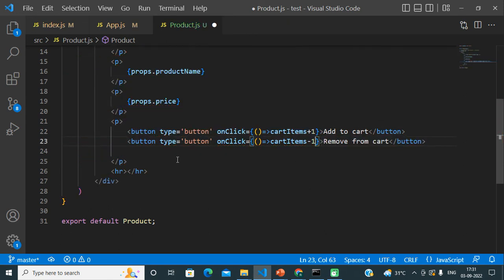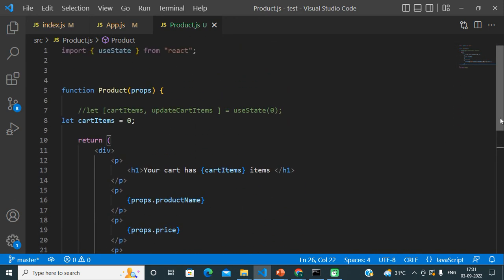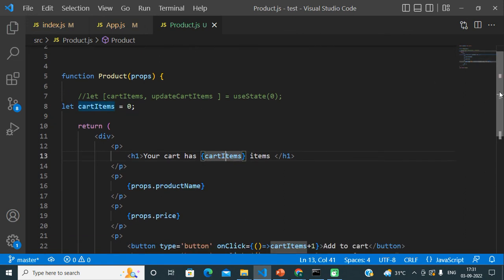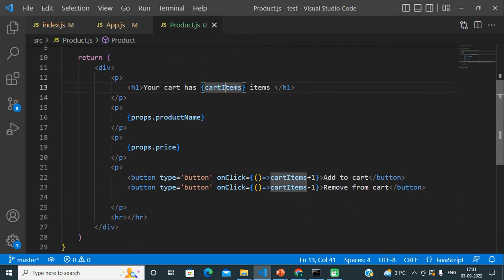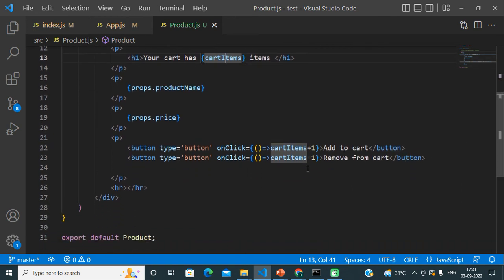So many of you might think, why are we not doing this? Because anyway this is just a normal JavaScript file, and in this JavaScript function we are creating one variable and assigning that variable to 0, and we are just displaying that variable here. Okay, so here we will get a 0 value, and after that on clicking the button we are just updating the variable's value. Okay, so why are we not doing that? So let me tell you guys.